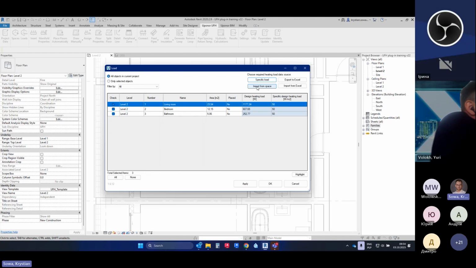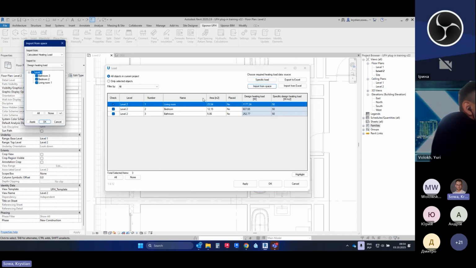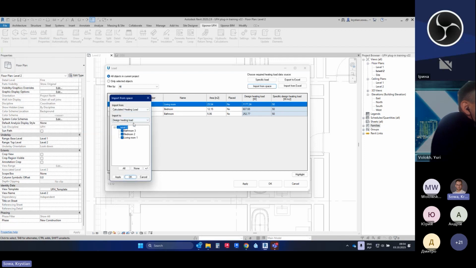And then we have 2 more options. One is import from space. If you click on it, you would see this window, and this will be useful if you have a Revit model with spaces already in the model, and in these spaces, in some parameter, you would have the values of the heat demand. Because there are other software for Revit that, for example, calculate the heat demand. So you can use this to calculate the heat demand and already have spaces in the model. And then you can just transfer these values from the spaces. So from the parameter, you can just select the parameter in here, and you can just transfer this data of this heat demand into the plugin, so into